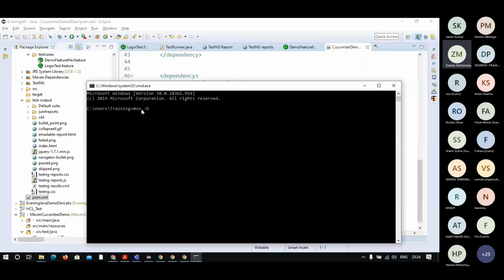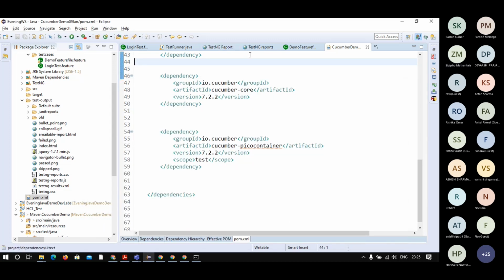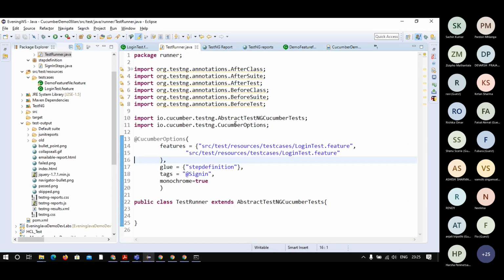So MBN command is there, then minus t option, and then key name, you have to provide the key name. Value you will pass, and this will be used as a parameter. So this parameter you can pass, and the tag label, suppose that you are having the test runner. So in the tag label, you can get that key as a dollar here, right?